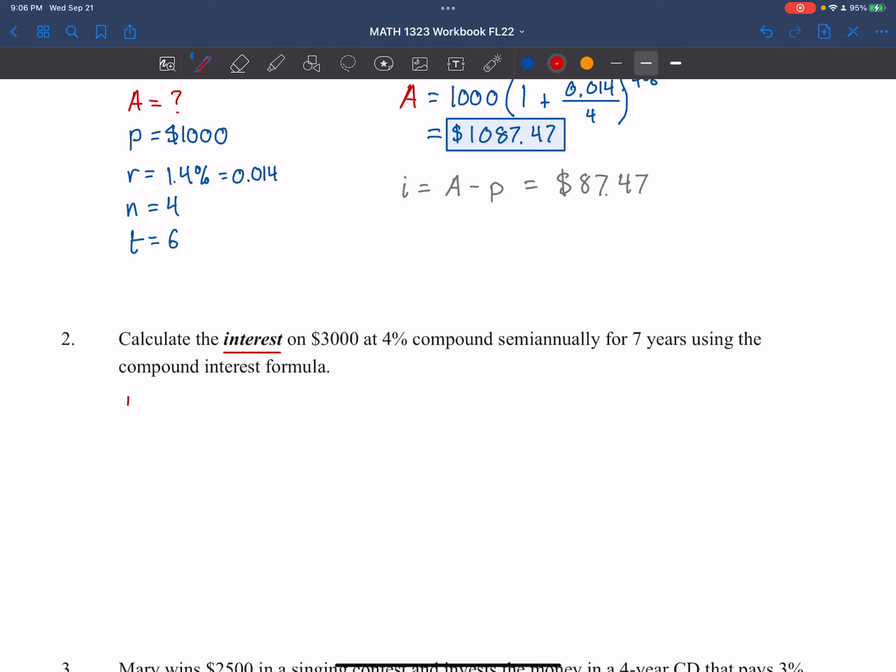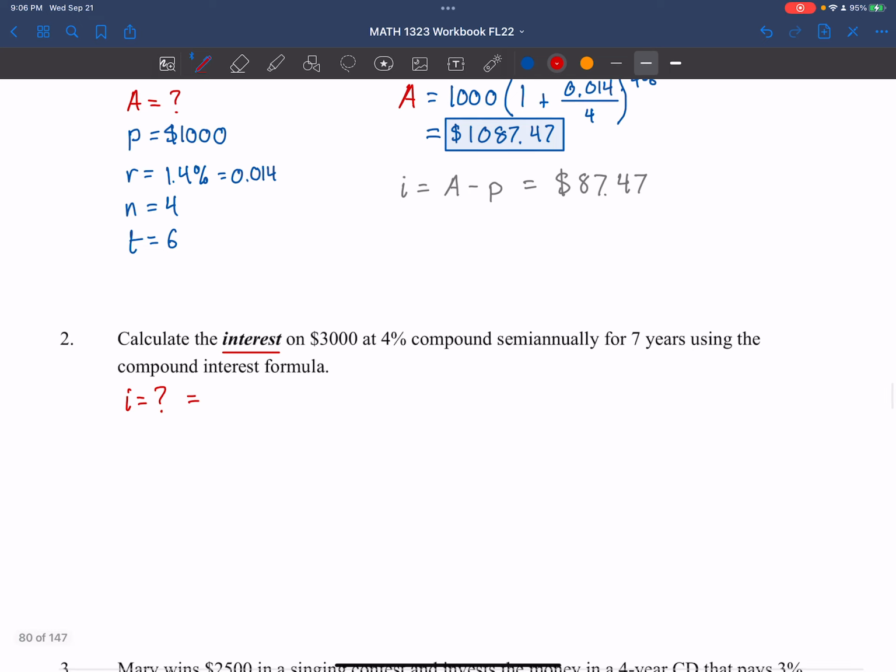All right, so calculating the interest. So again, I'm going to just write that as what I'm missing. I'm also going to remind myself that this is A minus the principal. All right, so our principal is going to be $3,000. So there's our P. Our rate is going to be 0.04, again just converting that